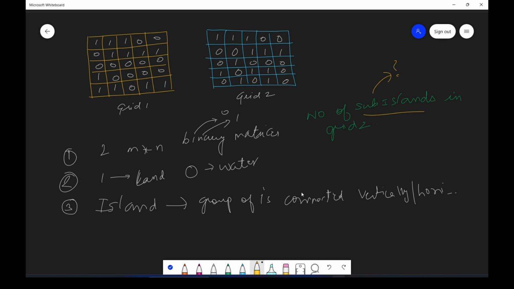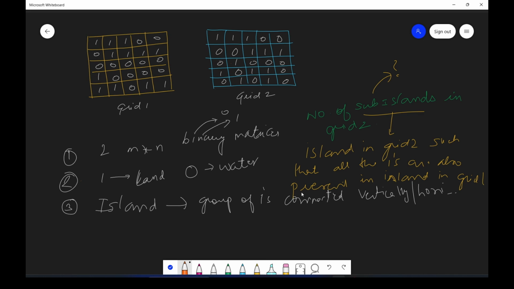So a sub-island is an island in grid 2 such that all the ones are also present in an island in grid 1. So see what that means.